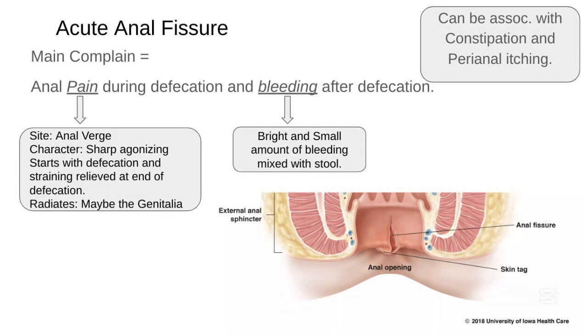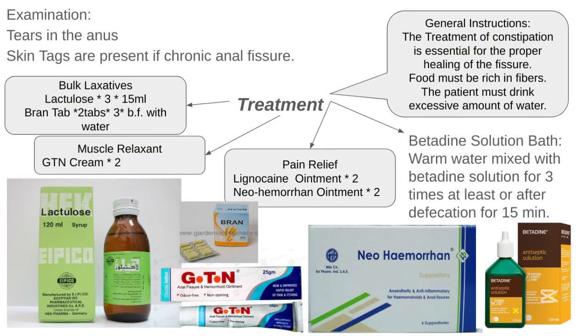Diagnosis is usually clinical and relies on a detailed history and physical examination. During inspection, a tear or ulceration is visible at the anal verge, usually posterior. In chronic cases, sentinel skin tags and induration may be noted. Digital rectal exams are often avoided in acute fissures due to the pain, but may confirm sphincter spasm or rule out other pathologies.